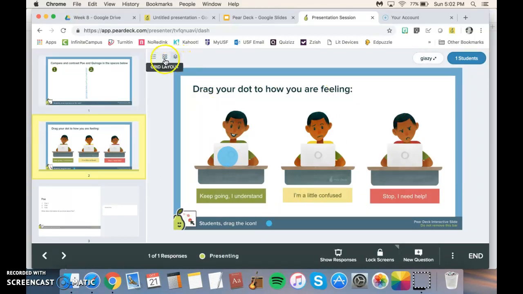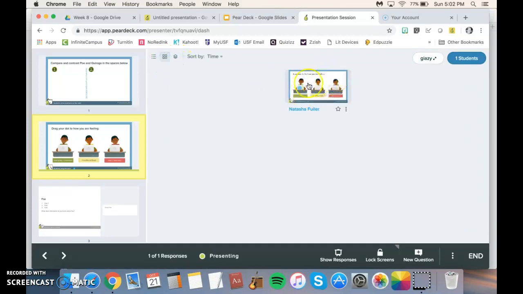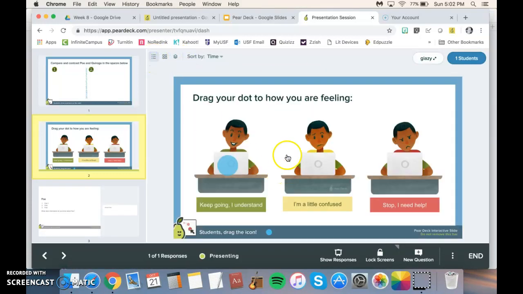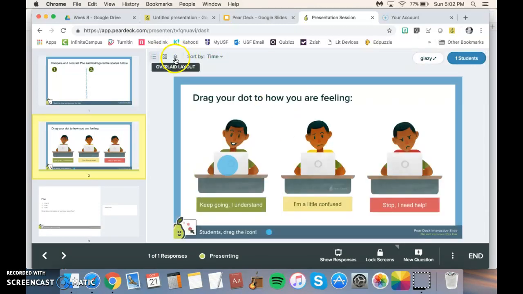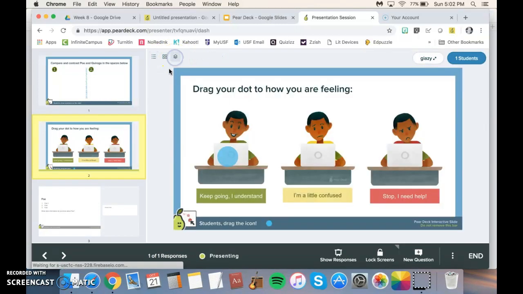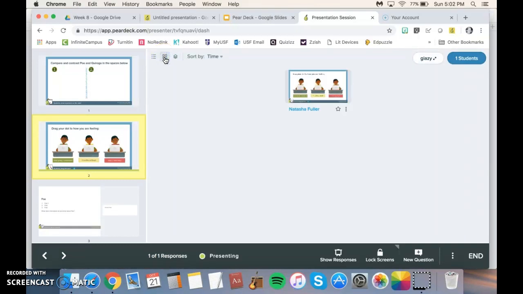This is the overlaid grid view. You also can see each individual slide, or you can see them in a list form, and if I had more people, you would just keep scrolling down to see the list. So depending on the type of question, I like to use the overlay or usually the grid layout, are my two favorites. Now when you're in the grid layout, one thing I want to point out,